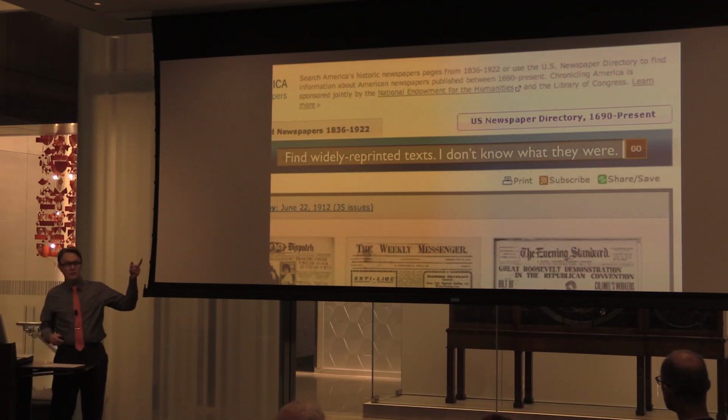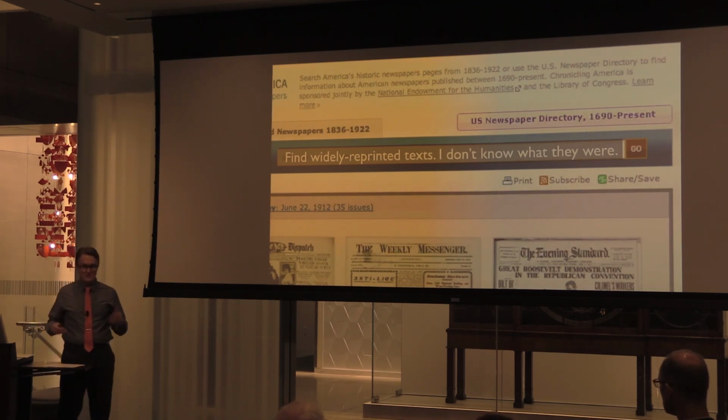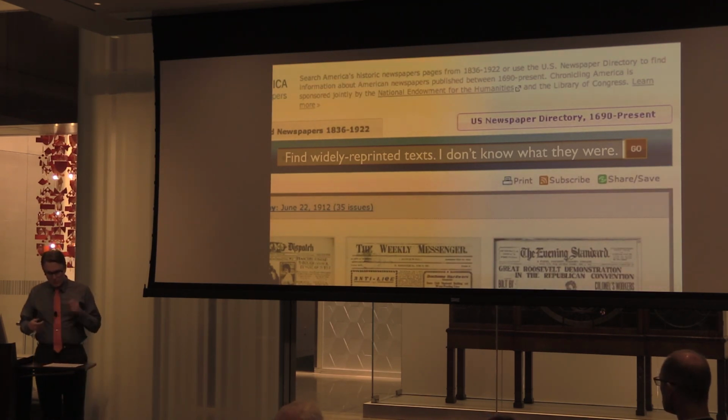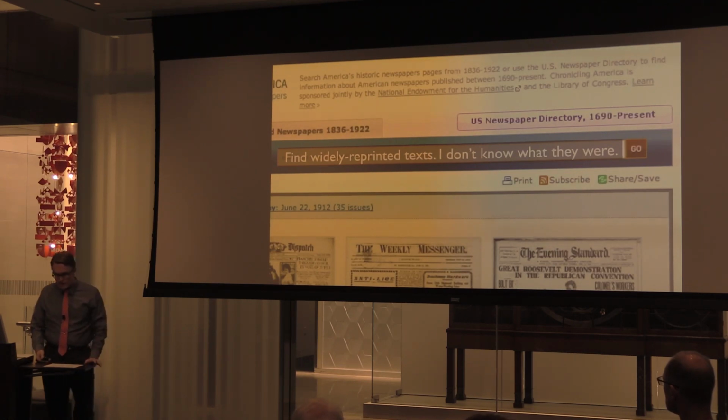And this is what we can't do, right? You can't just go there and say, show me all your reprinted texts, right? Repetition, and in particular circulation, which is a kind of textual repetition with a difference, is a salient pattern that the digitized archive can make more readily discernible.